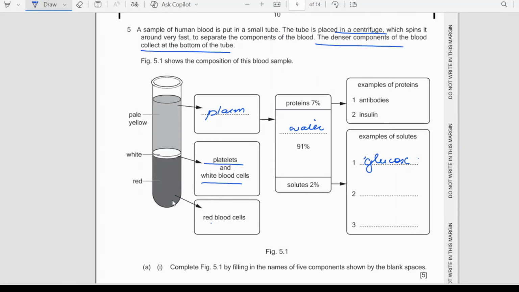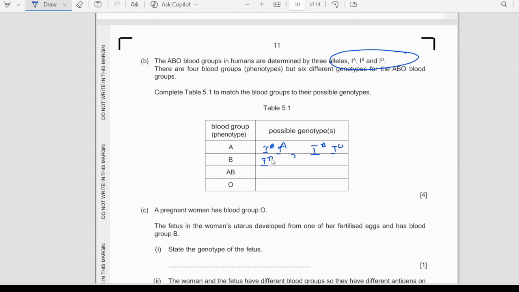For A, they have given us alleles. Maybe both alleles are same, or maybe one allele is missing. Maybe both alleles have B, or maybe one allele is missing. Okay. O, yes, O means missing. And here,